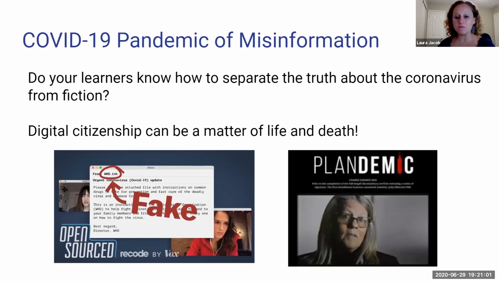Thinking about the misinformation that is abounding on the internet in this time, this COVID-19 era, there has been plenty of information that has not been factual. And we talked earlier about digital literacy, the ability for students, well, for everybody, to determine whether information on the internet is trustworthy or not trustworthy, whether it's truth or not, whether it's fact or fiction, which leads us to